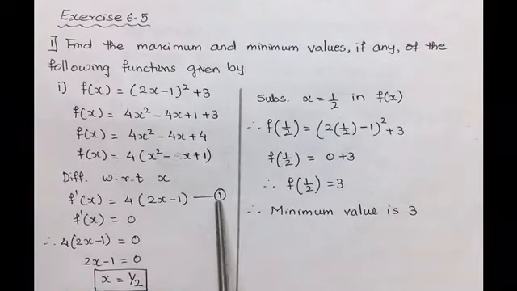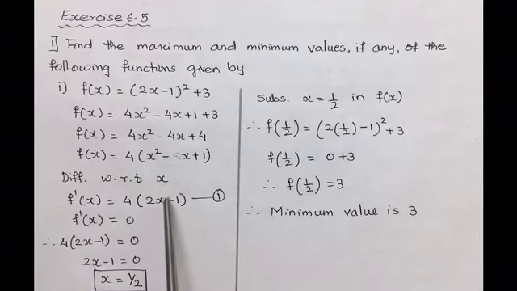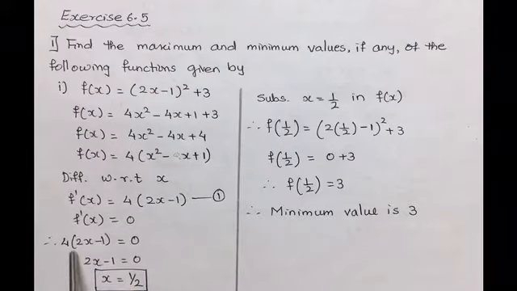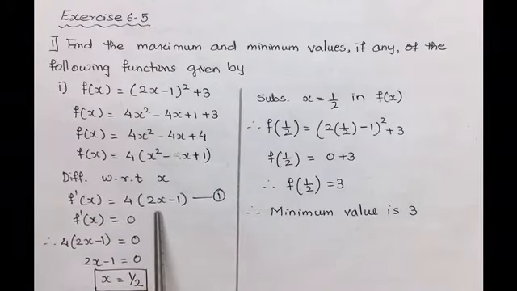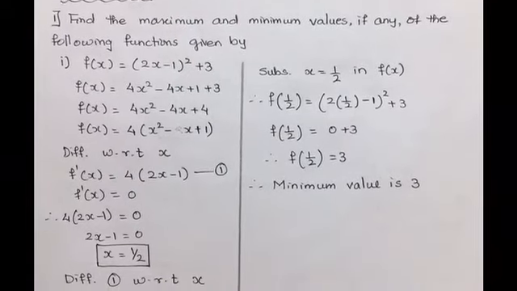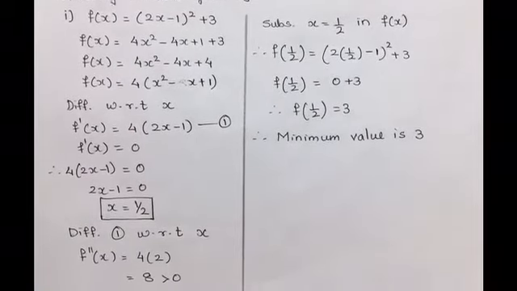This we have marked as 1. Now to calculate the value of x, the first derivative we have to equate to 0. So equating the first derivative to 0, that becomes 4 into (2x minus 1) equal to 0. Taking 4 to the other side, we get 2x minus 1 equal to 0, and calculating the value of x, we get here